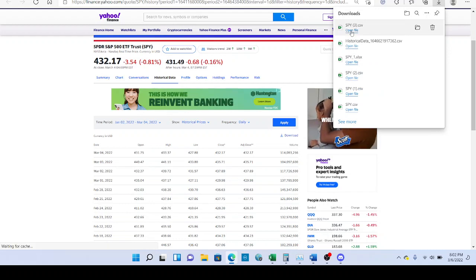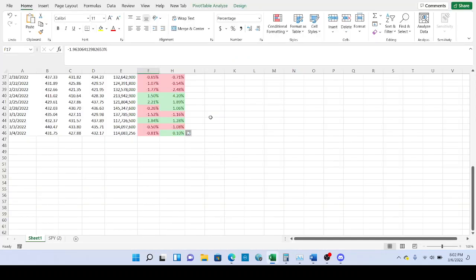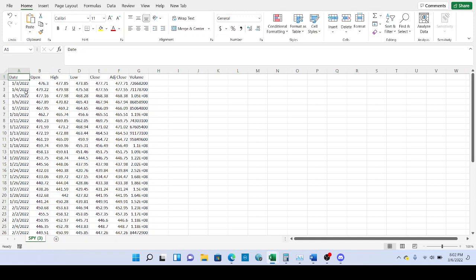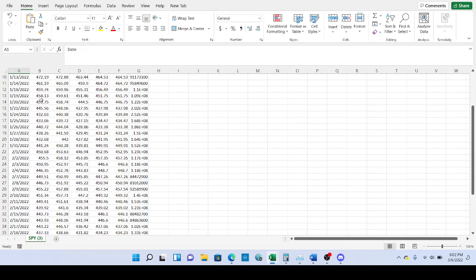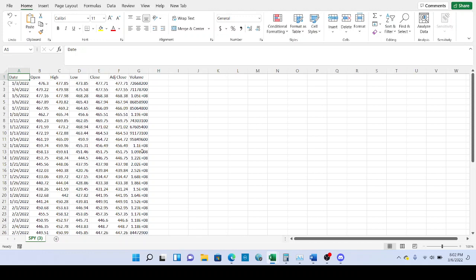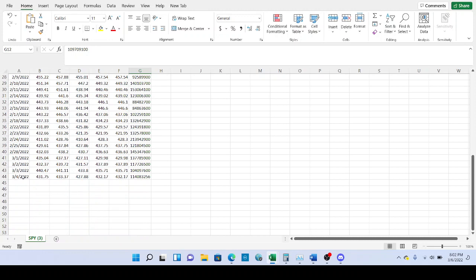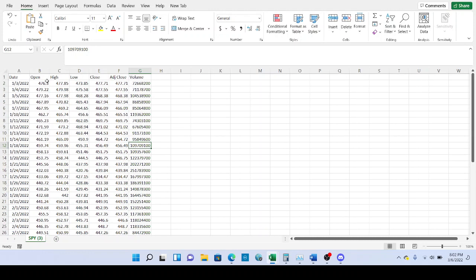And we're going to go ahead and open this tab. And it's going to take us straight to Excel. And you see that we have all this data. So I'm just cleaning up this data real quick. And I don't really like how it's in this format. So I'm just going to extend that out. You can see we have this nice data with the dates, the open, the high, the low, the close, adjusted